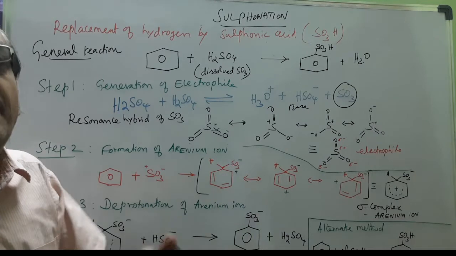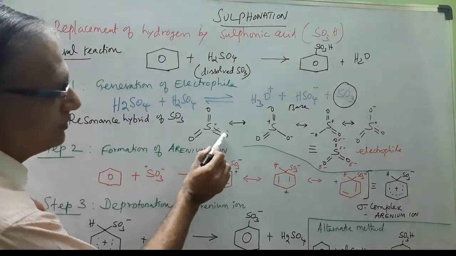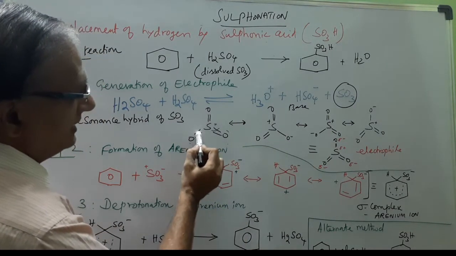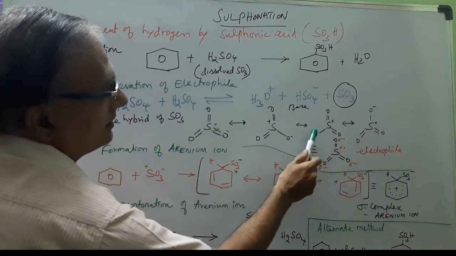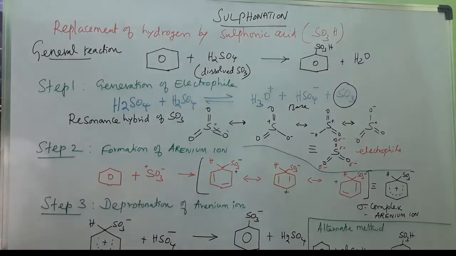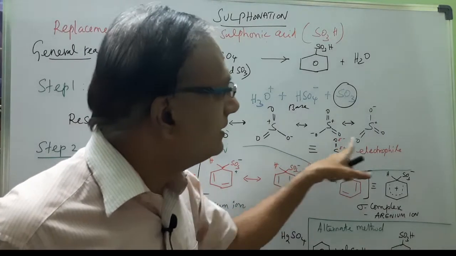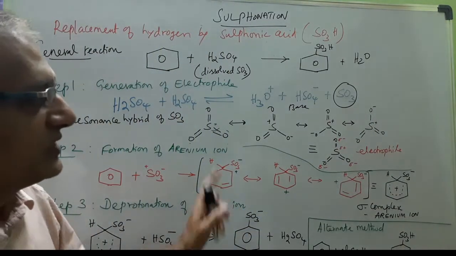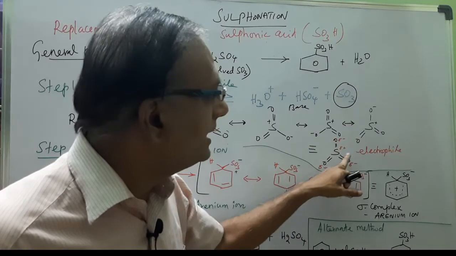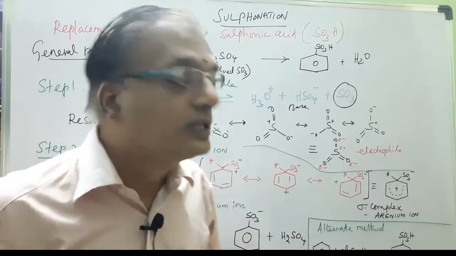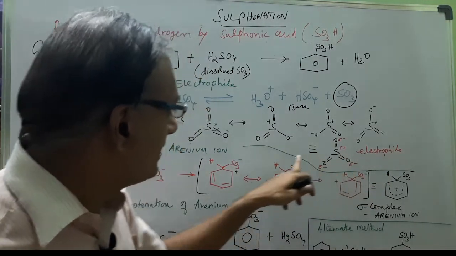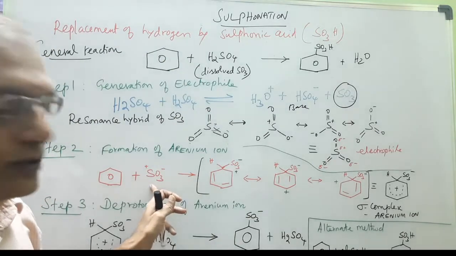Instead of memorizing this, this is the way. You break this bond and make sulfur positive and oxygen negative, and take this one, break this bond and make it O minus and S plus, and similarly. Because we have 1, 2, 3 oxygens here, you make it like this to get the resonance hybrid structure of sulfur trioxide. Altogether, we need to focus on S double bond O with delta positive and delta negative charges to make the compound an electrophile. So, this is our SO3, and for the sake of convenience I represent our electrophile like this.